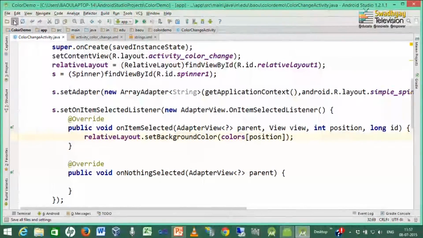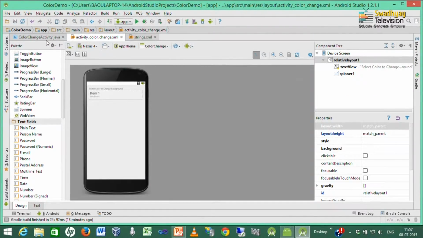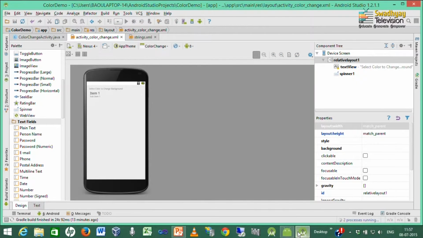So, we save this file and next we run it. Here I am pressing the run button to check whether it is working okay or not. Here one emulator is already running, so it will try to launch our application inside this running emulator, and you can see different messages inside this window.